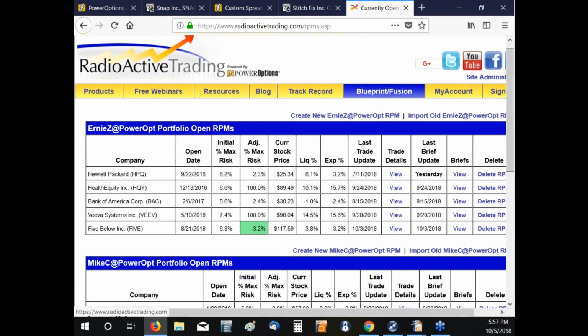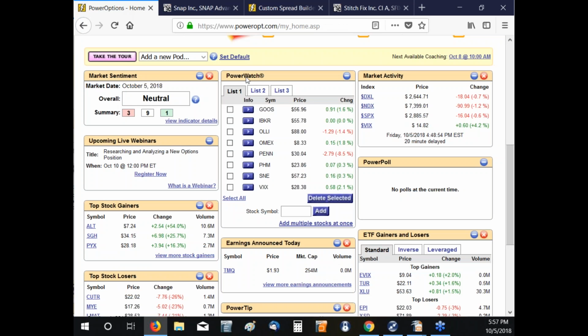At any time, each of us usually has about 6, 7, or 8 Married Puts open. Okay, 6 to 8 Married Puts open, I should say. And adjustments come as necessary. We don't have any planned schedule to make an adjustment, sell a call, or do anything in that regard, Sam. It's all based on following the rules in the blueprint and the correct application of the different income methods as well. So you can see more about that at RadioActiveTrading.com.